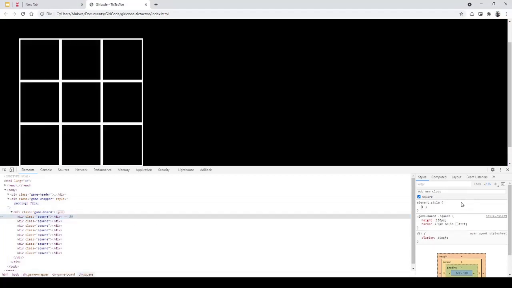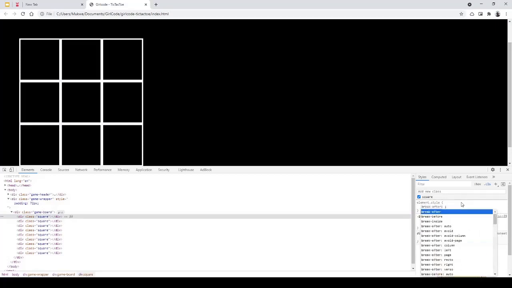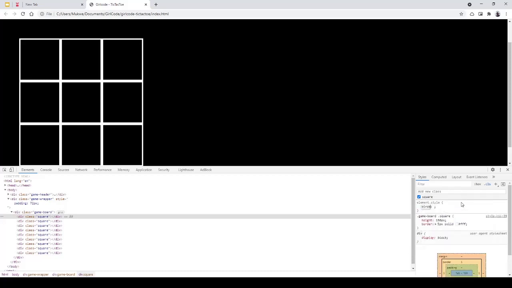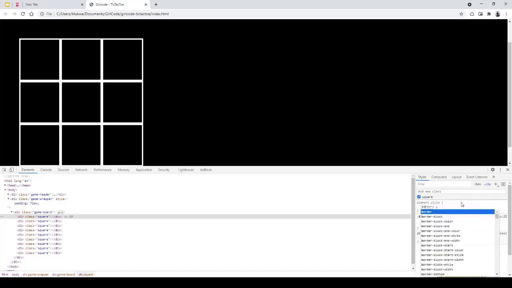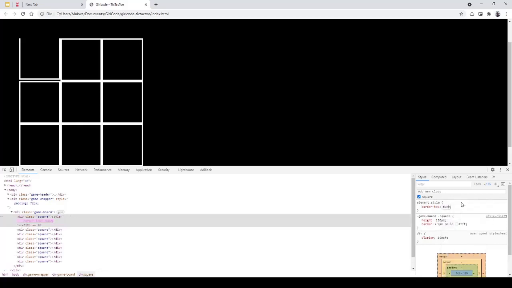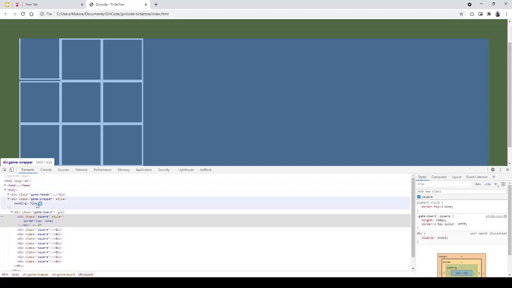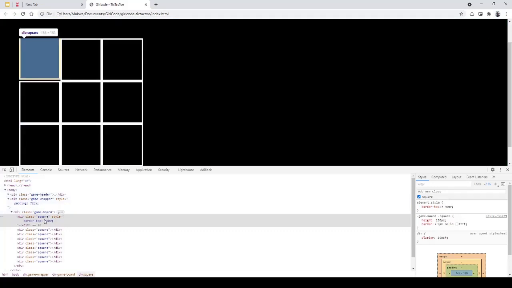We're going to say border top, and we're going to give it none. This is for this, right? Border top, none. But if you look at it, it doesn't look nice,